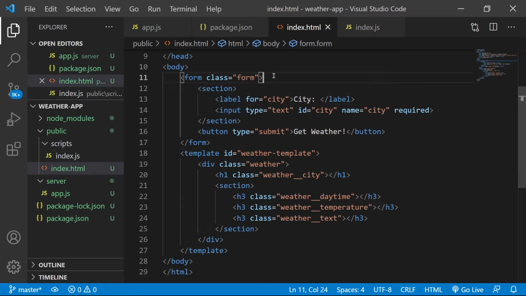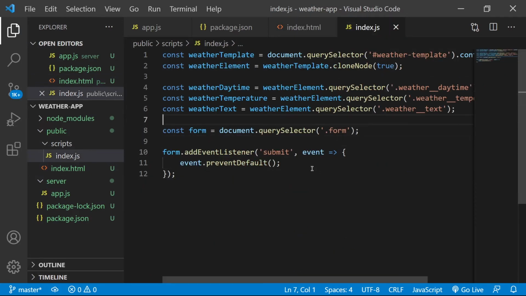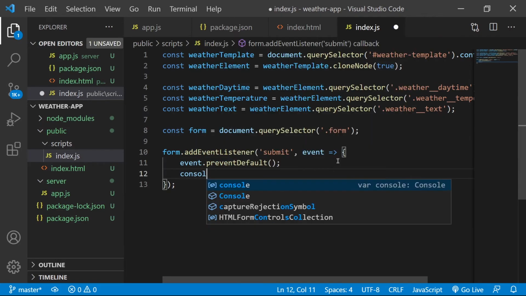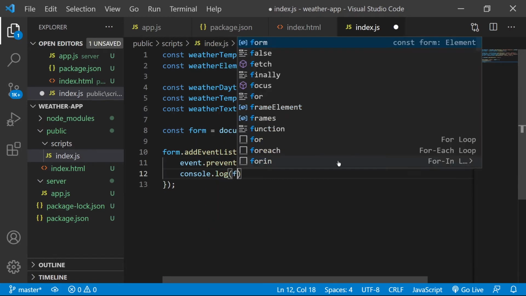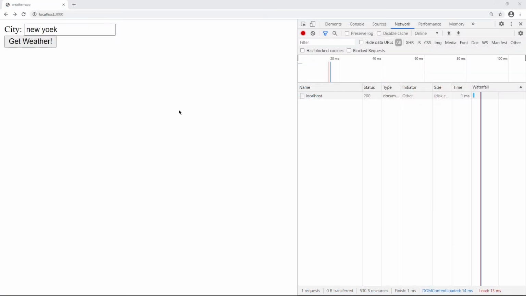Name city. Let's give this a name. Let's call it weather form. Well, I suppose we don't even need that. Yeah, let's see what we can do here. Okay, so let's do a console log here of the form. Let's see what we get here. Let's go back to our app.